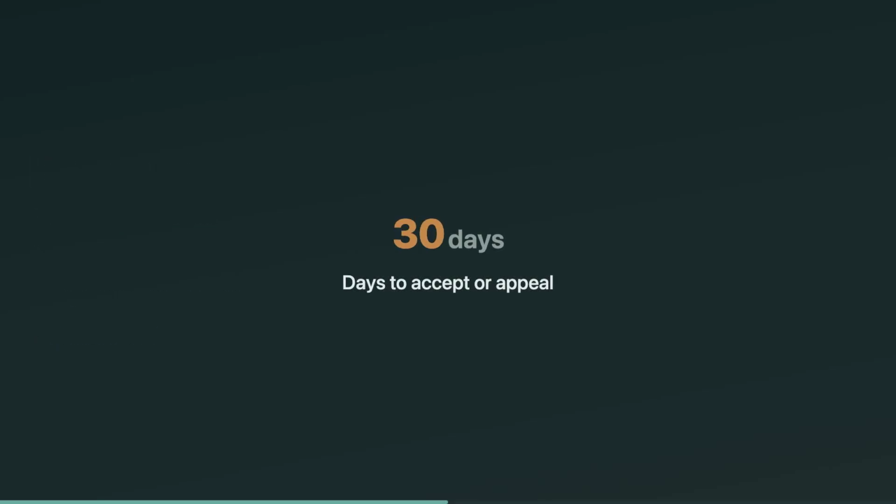That 30-day clock matters. The taxpayer has 30 days from the date of the notice to accept the changes or appeal them. Exam tip: don't confuse this with later deadlines like the 90-day notice of deficiency. Here, the key is simple. The IRS is offering appeals as the next step, but you have to respond within that 30-day window to get into that process cleanly.